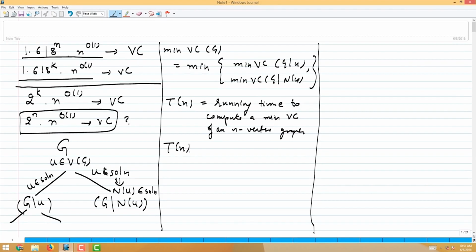We want to compute the running time to compute a vertex cover on an n vertex graph. And from our branching algorithm, we know that to compute a vertex cover on an n vertex graph, it's enough to compute a vertex cover on, in that case, G minus u, or in other words, a graph on n minus 1 vertices, and a graph on n minus the neighborhood of u,